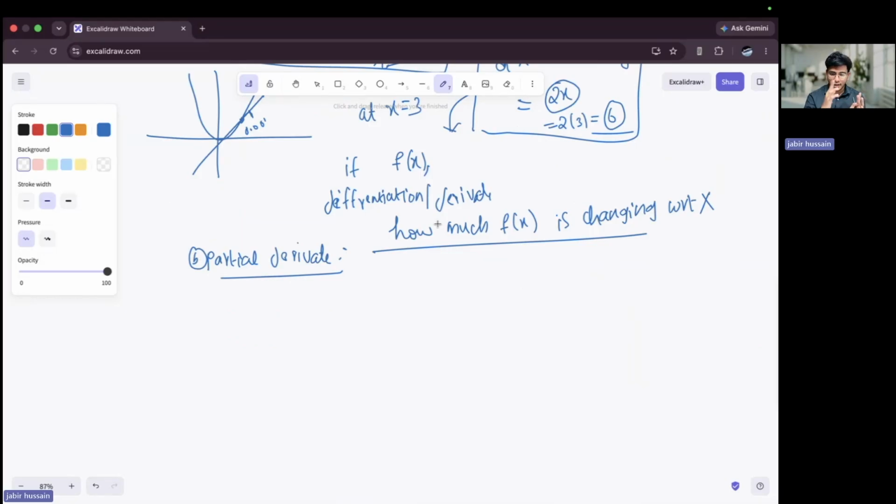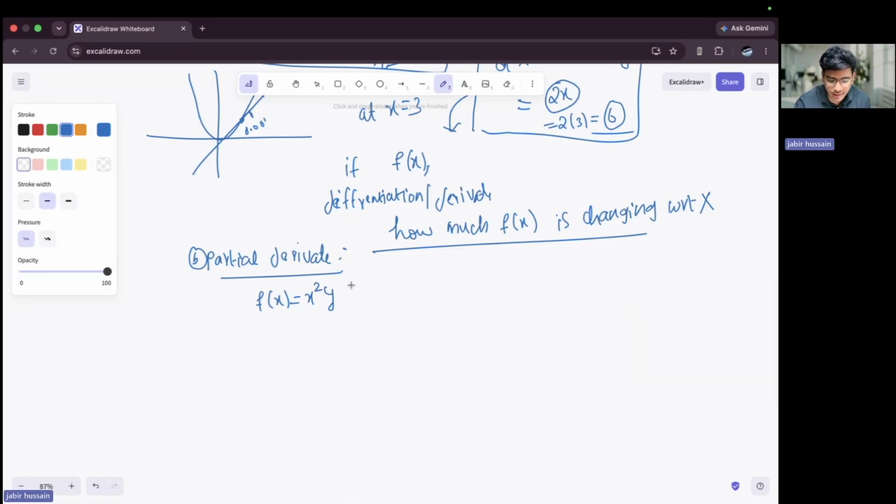But imagine a case where there are multiple variables, like f of x is equal to x square y. Then how am I going to calculate the derivative, because there are two variables? In this case, partial derivative tells us